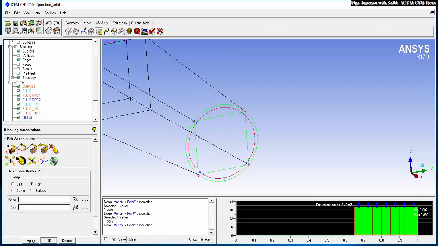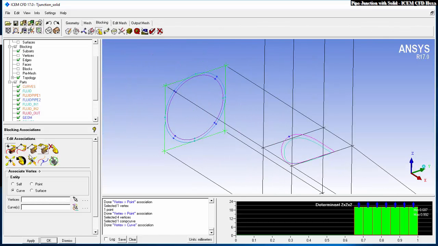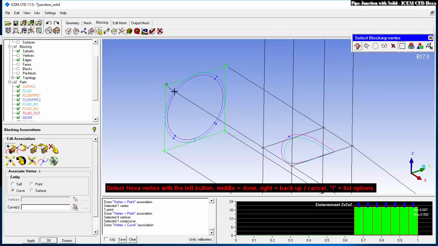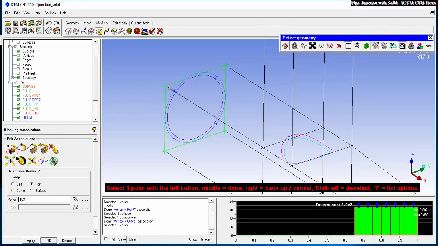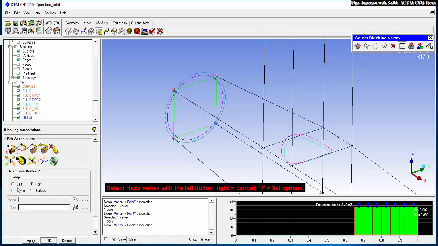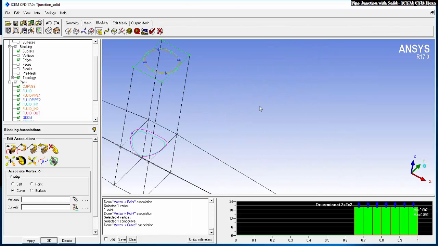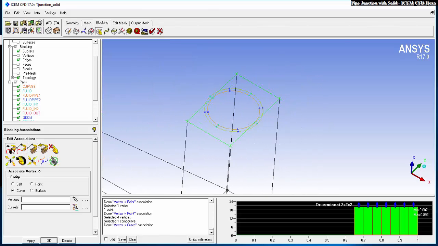Once you have done this one, you have to again associate the vertex to the curve so that we don't have any over constraints on the blocking here. Similarly on the second side of the pipe, now again change the option to the curve, also over here,